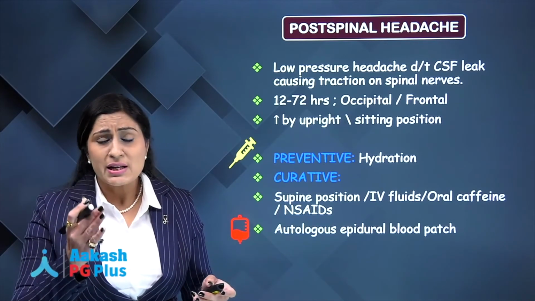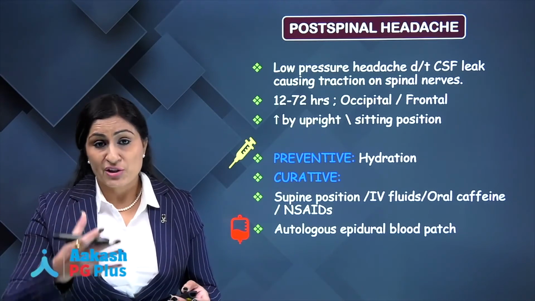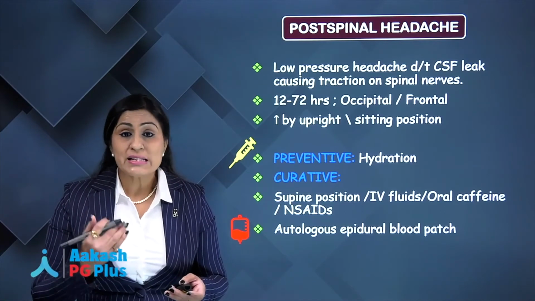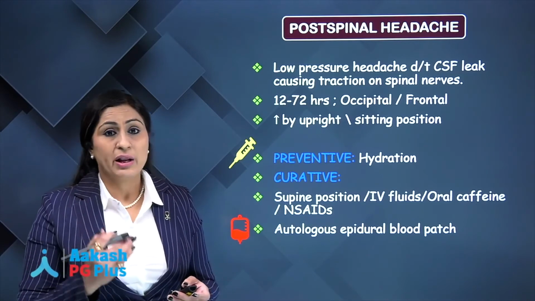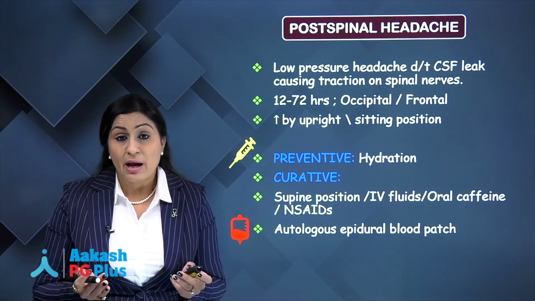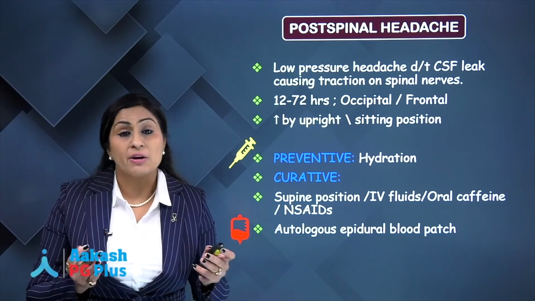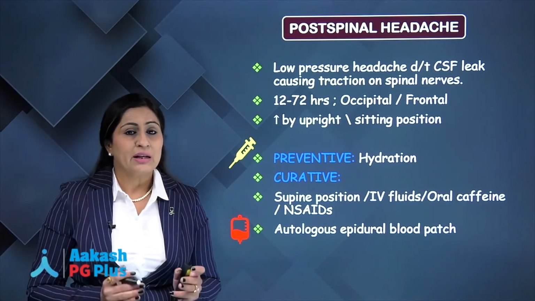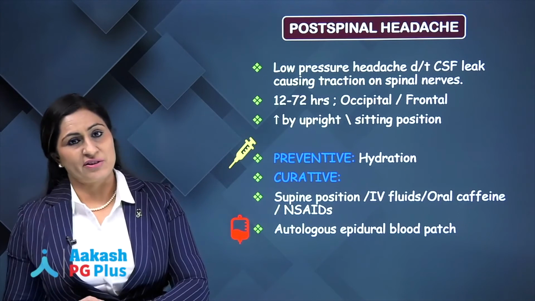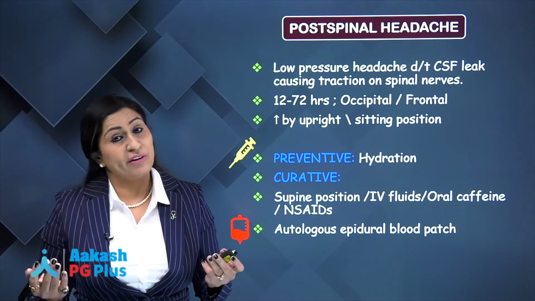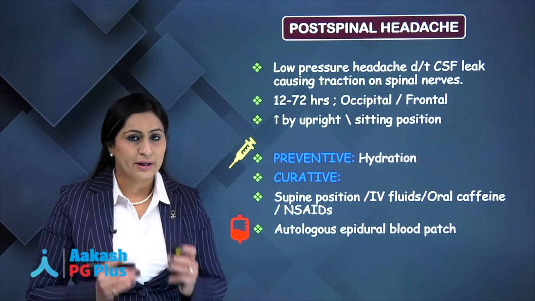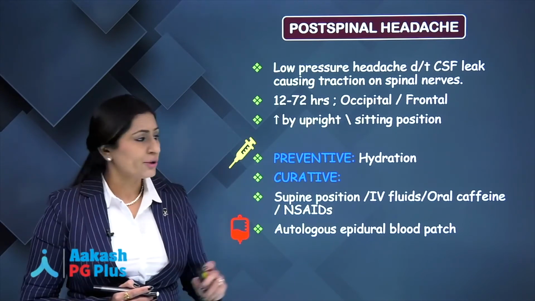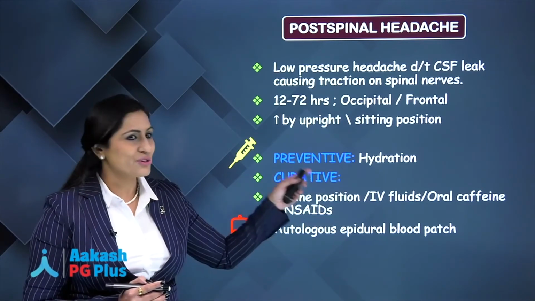So this is a characteristic headache which is occipital or maybe frontal in location. Also, this headache increases when the patient is sitting or moving, and it gets relieved immediately when the patient lies down. So if your patient gives this history of exacerbating and relieving factors, that is, says I am relieved when I lie down, it should click the diagnosis of post-dural puncture headache. How do you prevent it? You prevent it by hydration, and that was your question.